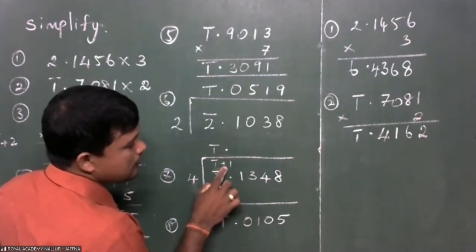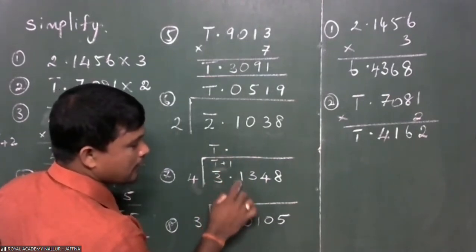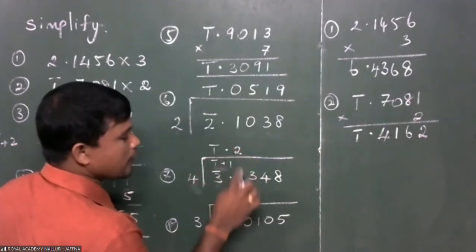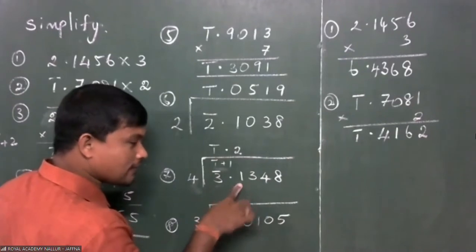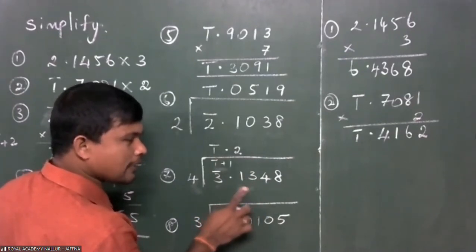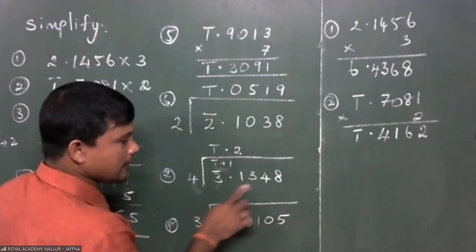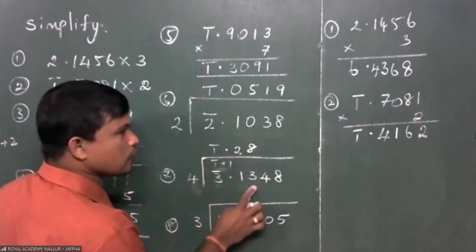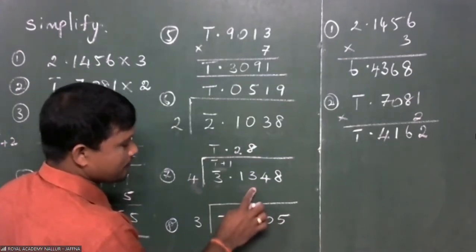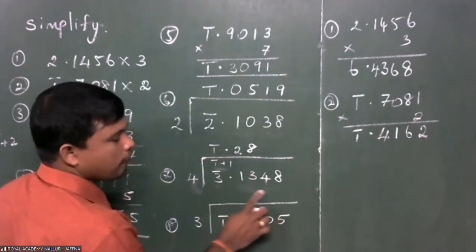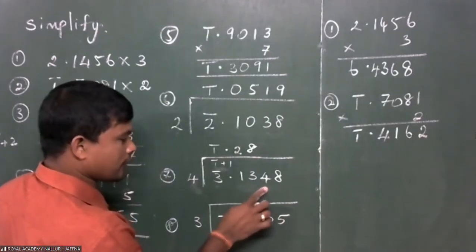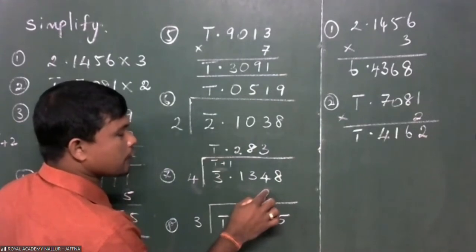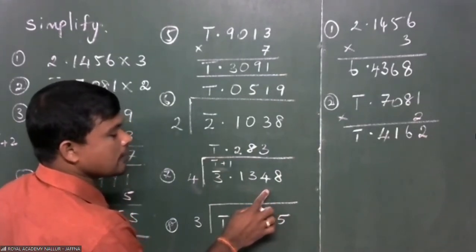Now taking this plus 1 here, this one becomes 11 now. Out of 11, 4 is 2 times. 4 into 2, 8. Remaining 3, with that this will be 33. Out of 33, 4 is 8 times. 4 into 8, 32. So 1 remains again. With that one, this becomes 14. Out of 14, 4 is 3 times. 4 into 3 is 12. If you subtract 12 from 14, the answer is 2.